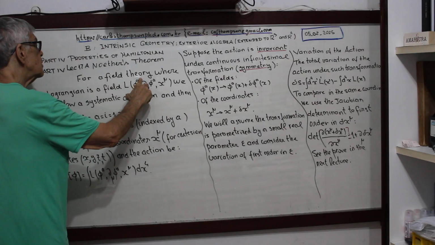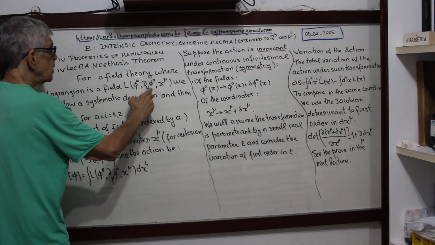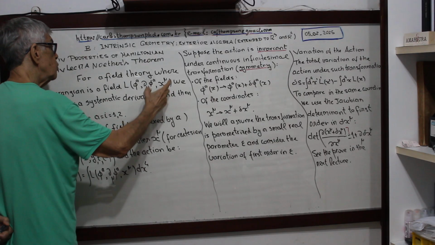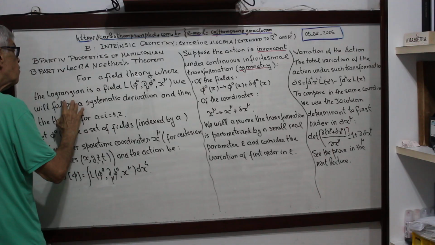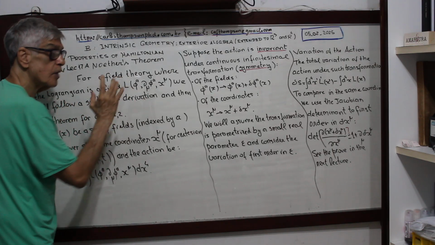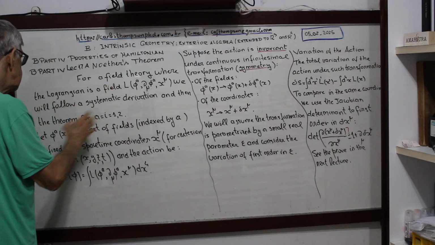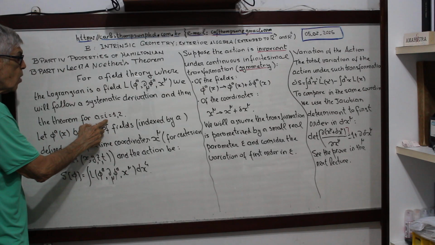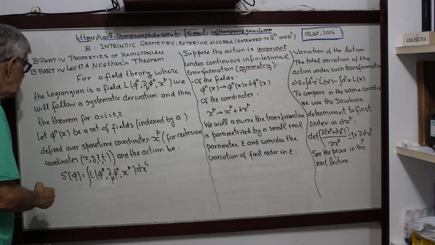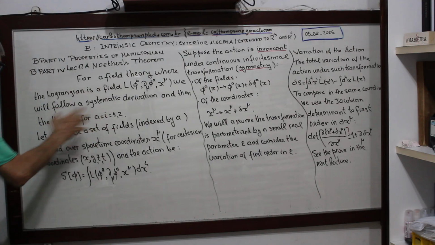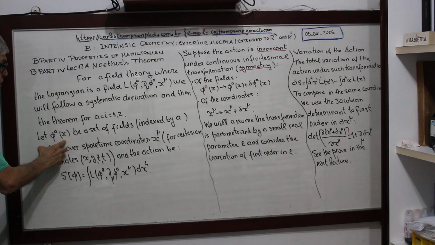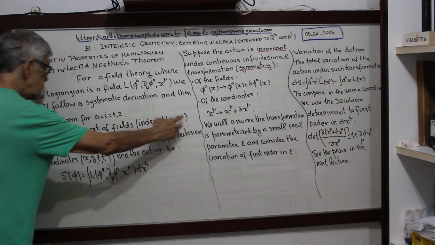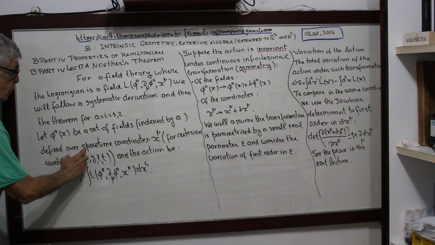This is upstairs index A. This is the derivative. This is the space-time x mu. We will follow a systematic derivation and then the theorem for the special case A is equal to 1, 2. Now, let's start. Let phi A of x be a set of fields indexed by A, defined